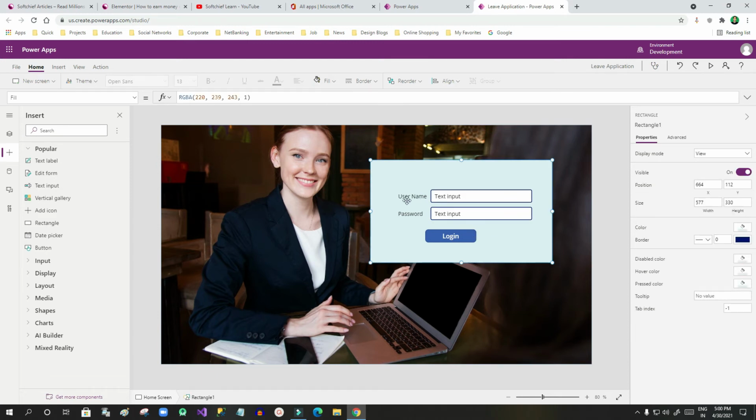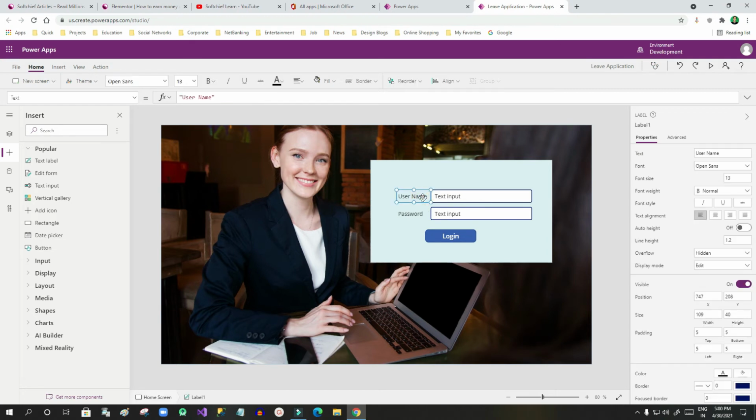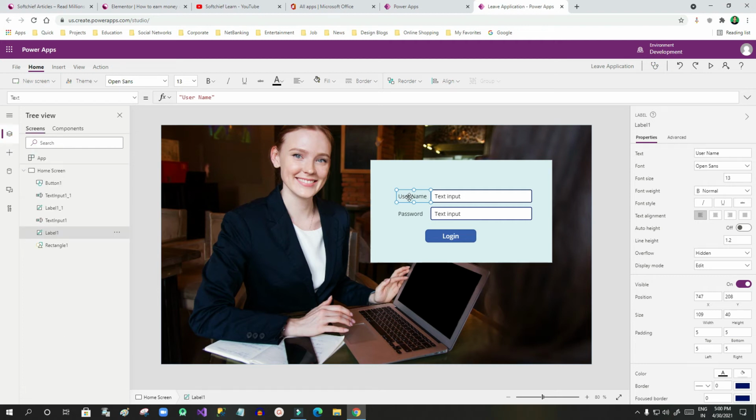Now here in the username, remember that every control you drag and drop on the form, it is a best practice that you change the id or name of the control. If you click this username, you can see here in the tree view, you will find this label name. You should always rename this because of the best practice.